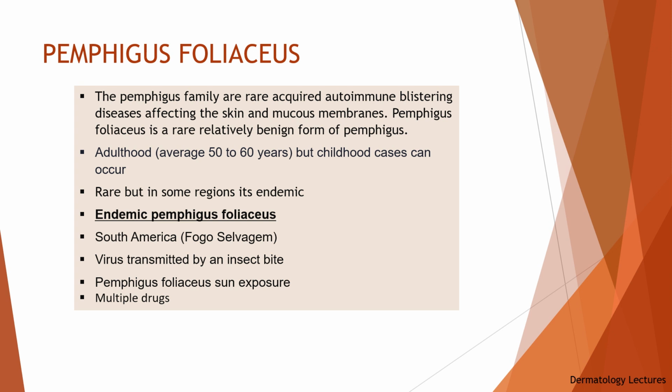The Pemphigus family are rare acquired autoimmune blistering diseases affecting the skin and mucous membranes. Pemphigus foliaceus is a rare, relatively benign form of pemphigus. It usually first manifests in adulthood, average 50 to 60 years, but childhood cases can occur. This type of pemphigus is less common than Pemphigus vulgaris, but in some parts of the world it is endemic